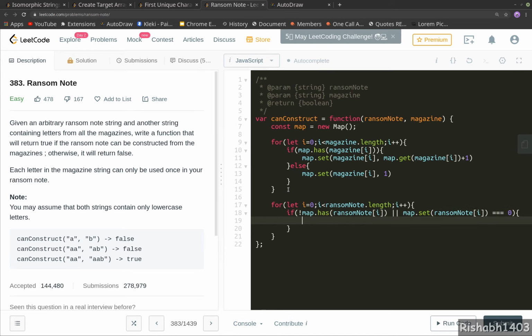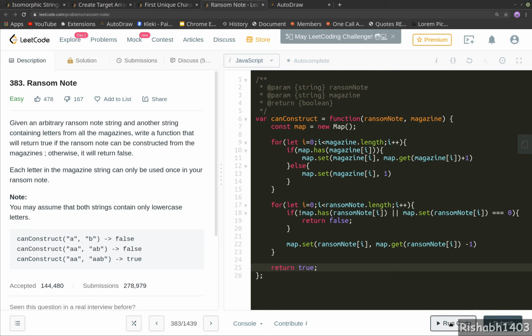If any of these conditions is satisfied, that means the letters in the magazine cannot construct the ransom note, so we will return false. And if this condition is not true, then we will use that character from the magazine for the ransom note and we will decrement the count. If we reach the end of the loop, that means this condition never ran. That means the ransom note can be created, so we will return true.